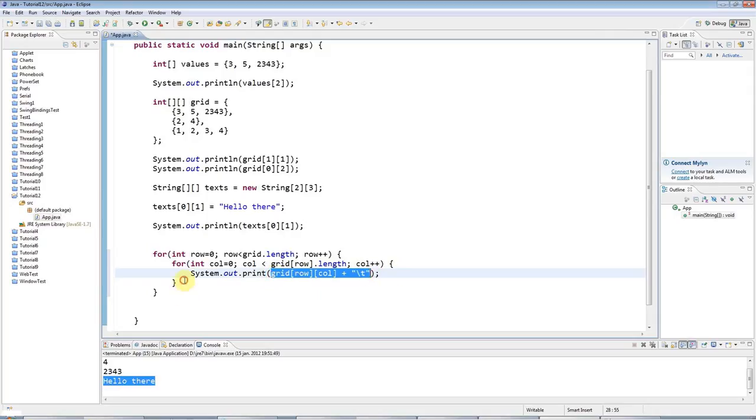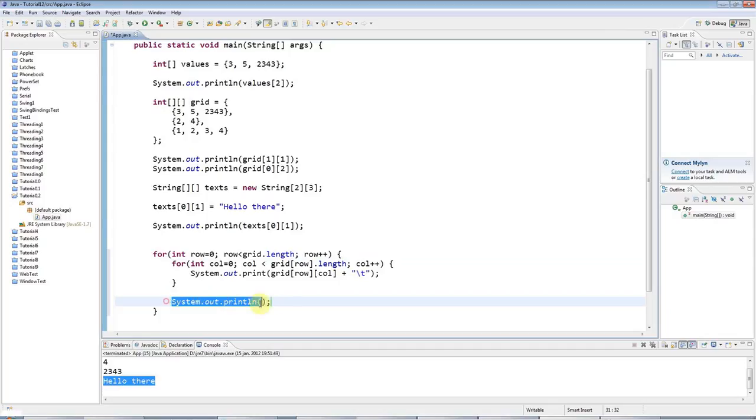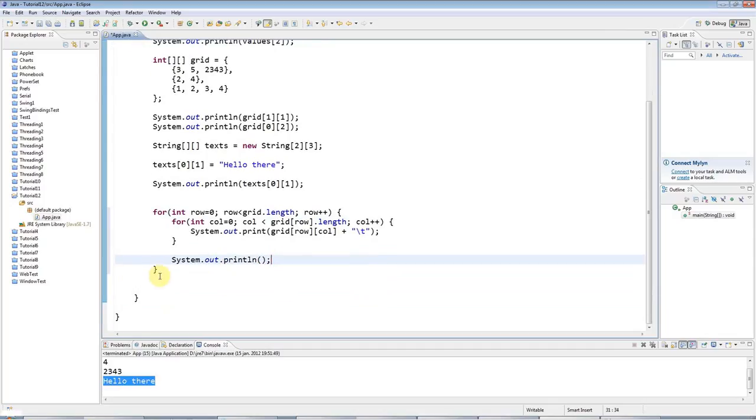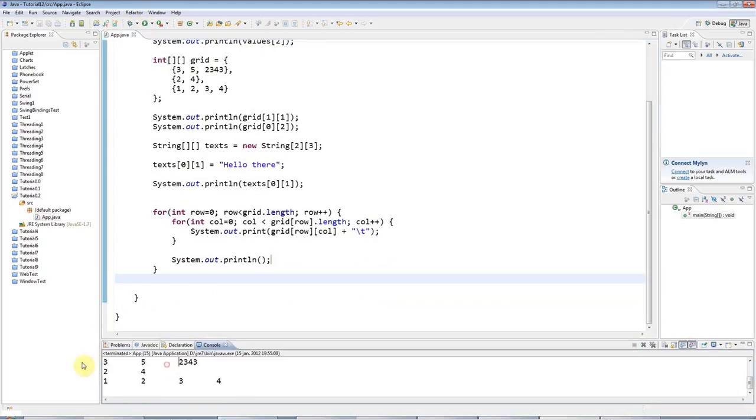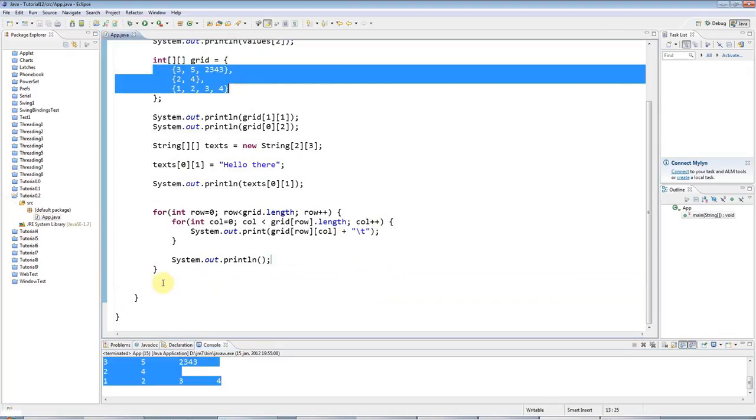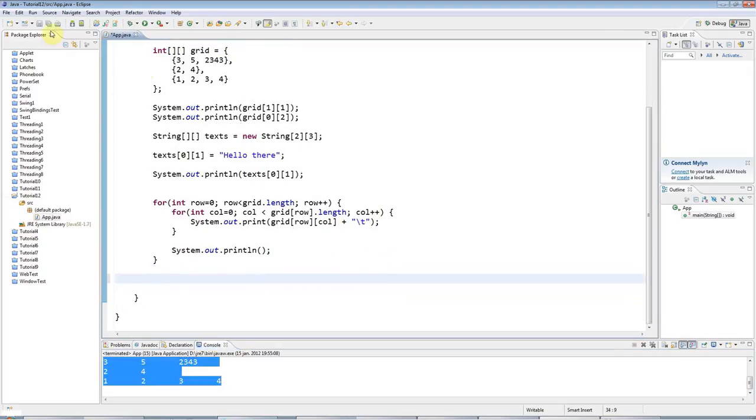And then after each row, so within the outer loop and not within the inner loop, I want to output a new line. So I can just output an empty System.out.println. And this is quite complex, but just play around with it, look at the code, try and change it, and you'll soon get the hang of it. So if I output that, it's outputting my grid of numbers here, nicely formatted as here. Okay, I mean that's about it for